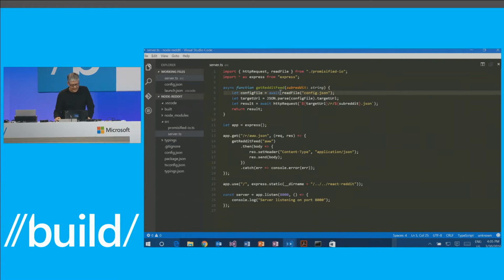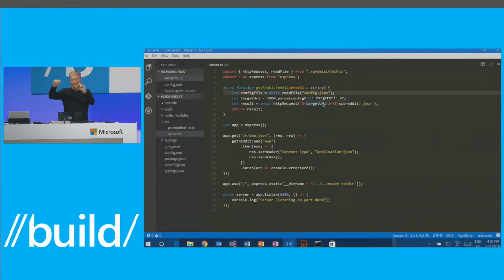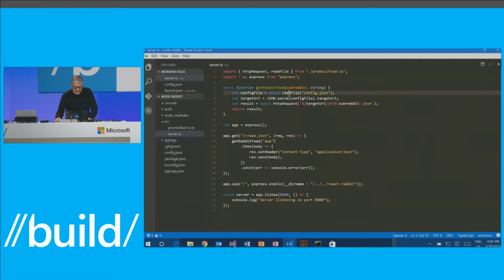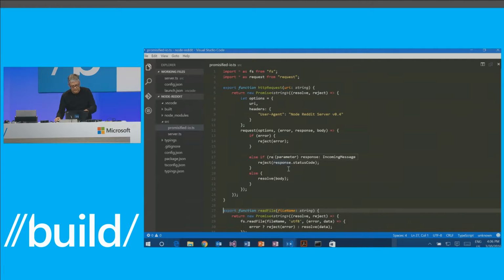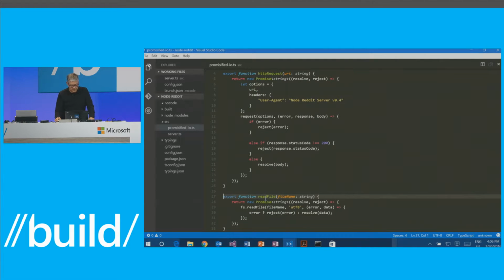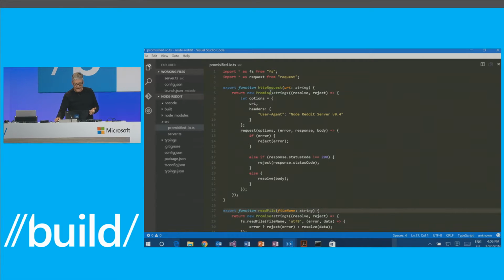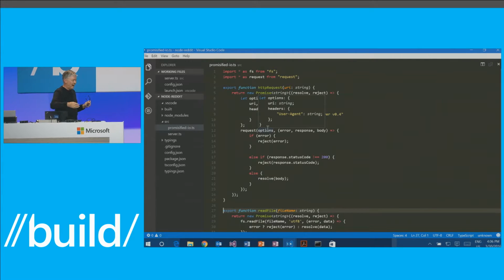In here, you'll see that what I do here, instead of having to do this callback async style of readFile dot then of a promise and whatever, I can actually write my code in sequential style. Now I'm using something called readFile here. If we look at the declaration of that, you'll note that this is a little wrapper that we put around the async. So we've sort of promisified a readFile method and an HTTP request method by wrapping promises around the callbacks.